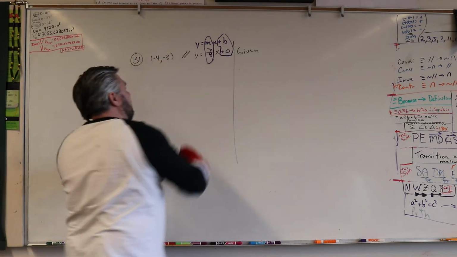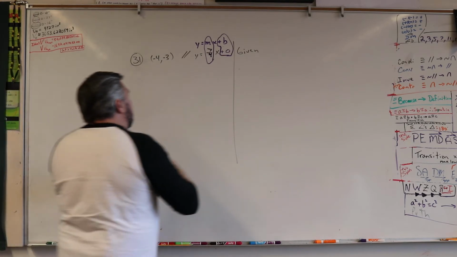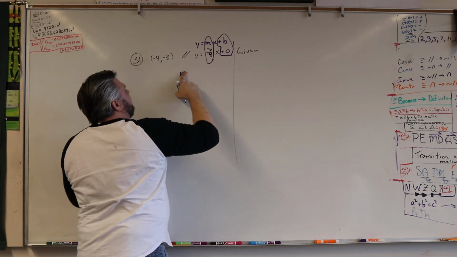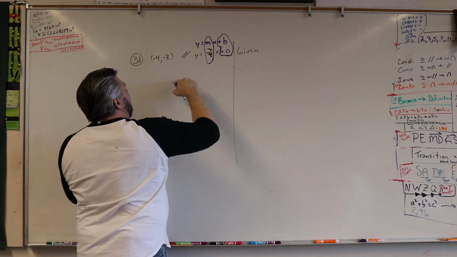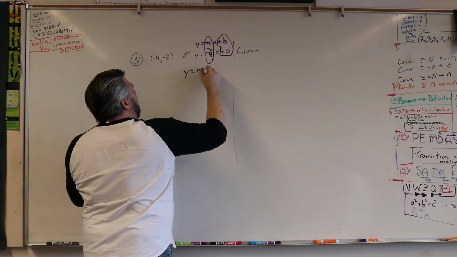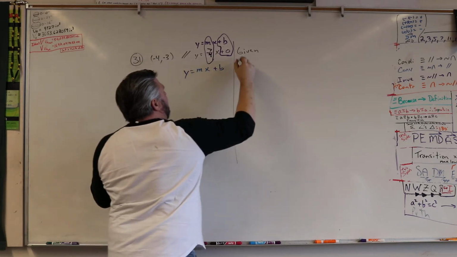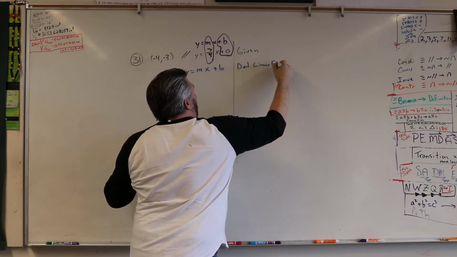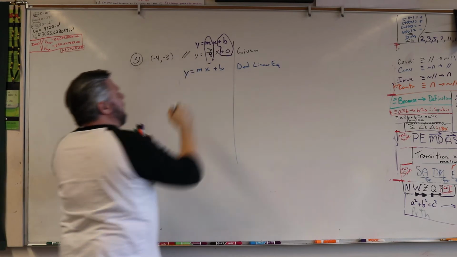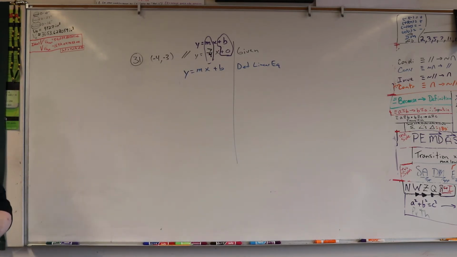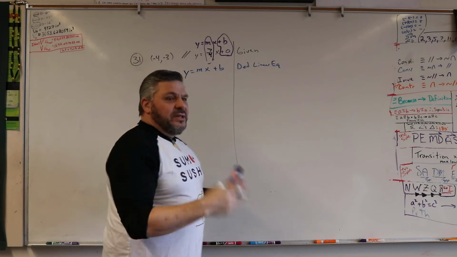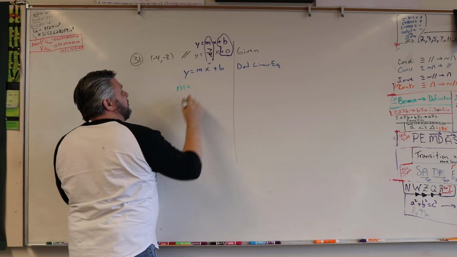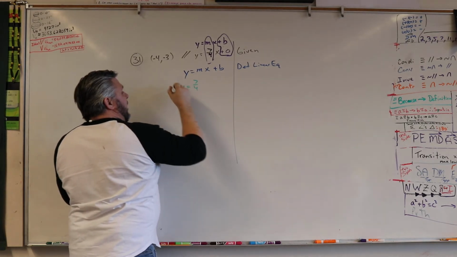Your first step on this would be to say, okay, if m, well actually you do need that one first, sorry. You do need y equals mx plus b, and that is the definition of linear equations, because that lets you know that this is set up as m and b. From there you need parallel. What does parallel mean, right? So if m is equal to 7/4, right? Then,